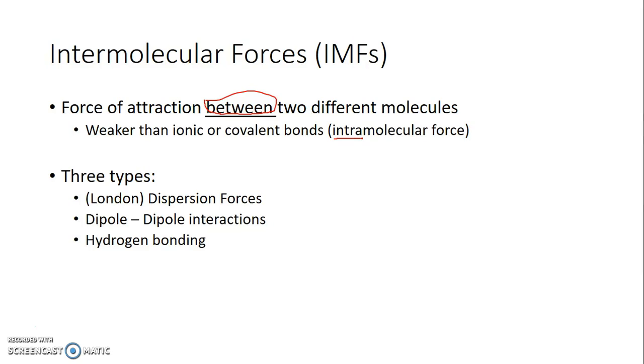So to think about the difference between these two, you can think about a plate of chocolate chip cookies. If I have a plate of chocolate chip cookies, I can pick up the plate and all the cookies will travel together. But it's really easy for me to take one cookie off. So the plate is acting like an intermolecular force. It's holding all the molecules together, in this case all the chocolate chip cookies, but it's pretty easy to grab